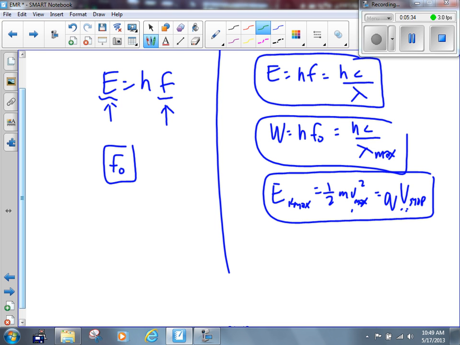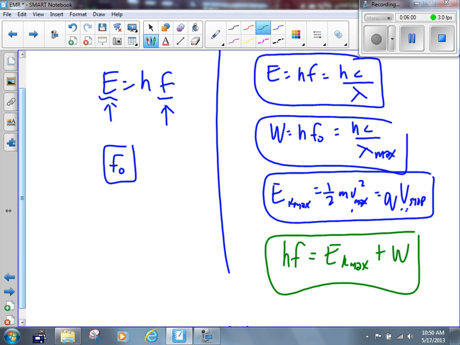The photon. So we're going to say the initial energy here, EI, is equal to the energy of the photon. The final energy, EF, is going to be the energy of the electron, right? And we know that that is kinetic energy, EK. But EI is not equal to EF. EI is equal to EF plus whatever we used up in the process of ejecting the electron, which corresponds to the work function. So the law of conservation of energy says hf is equal to EK max of the electron plus W, the work function.